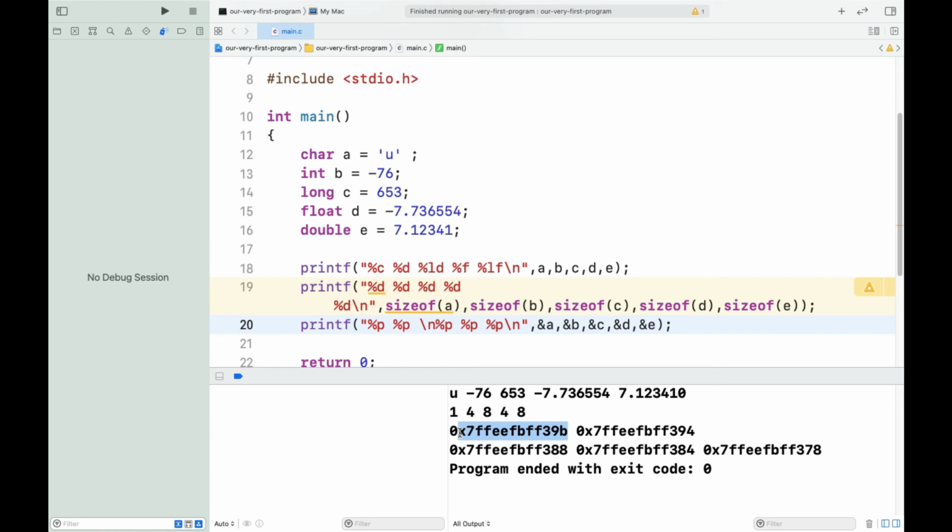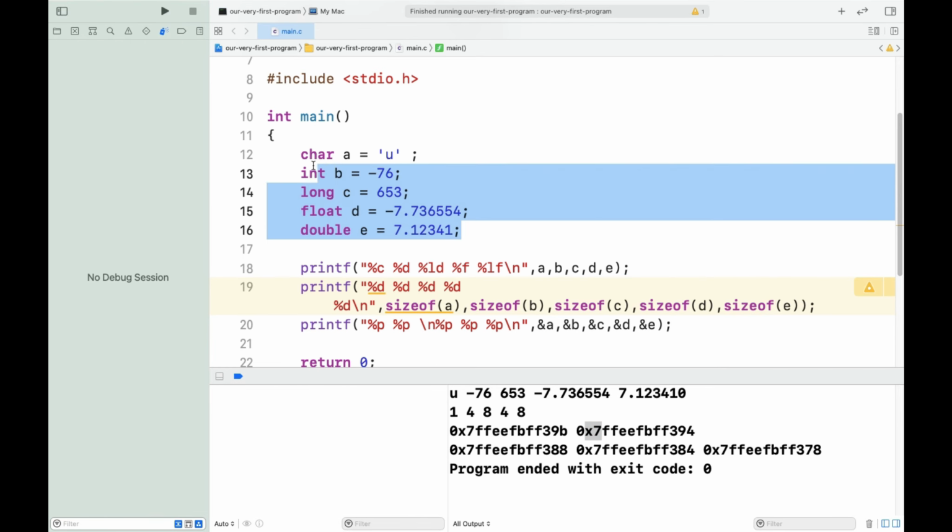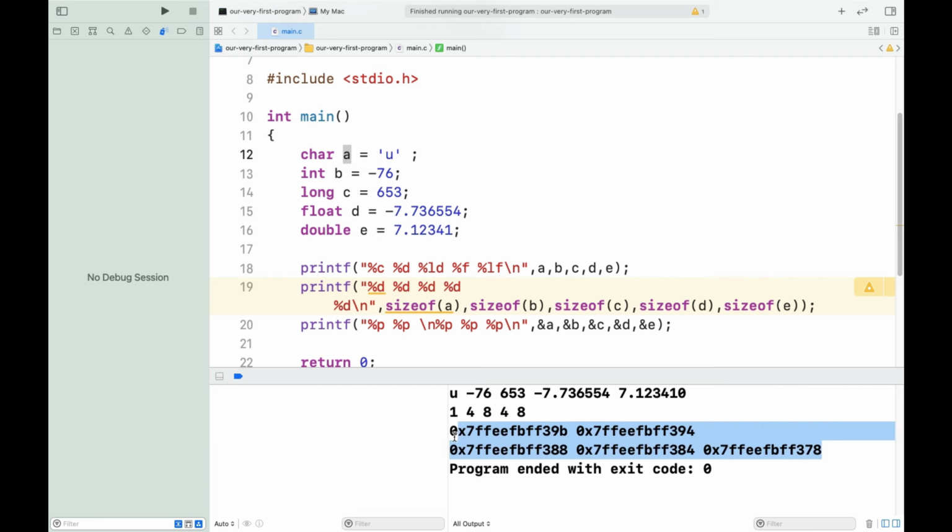Now here we can see all these addresses are different. All these variables have these variable names, they are storing these values, they are eating this much of memory, and these are the specific address locations, or you can say the address of the memory block where they are situated. So it is the address of the integer variable, that is b, and specifically these are all the addresses of the rest of the variables.